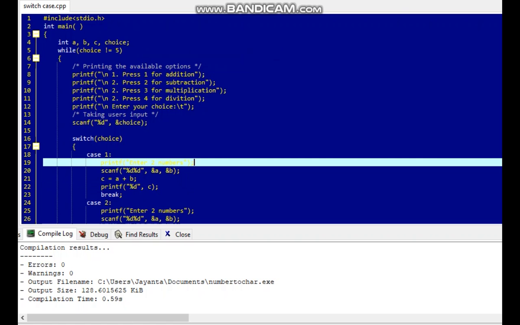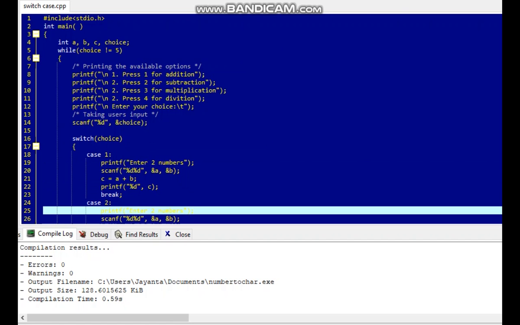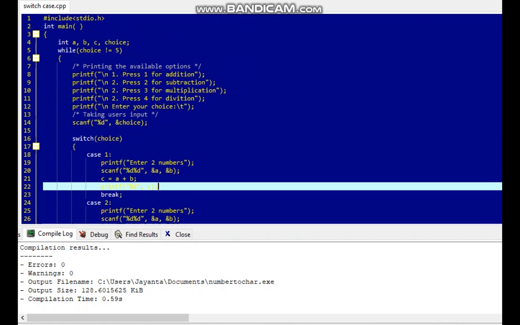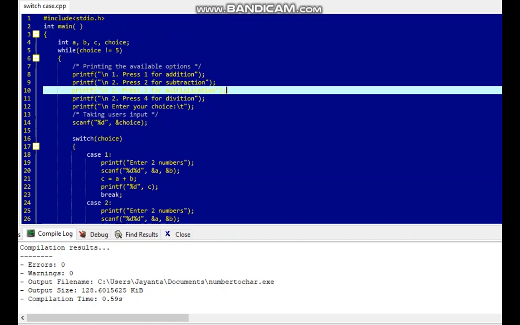Now we are going to use the switch statement. For case 1, that is if the user gives the value 1, then case 1 should be executed. Then the logic will run like this.